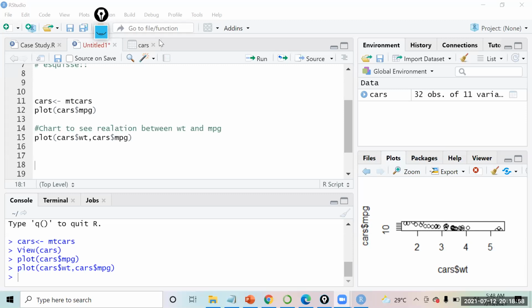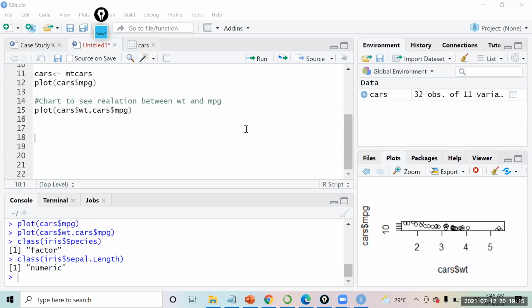Amit, how can we see only the names of the cars in the view, not in the plot? I want only the names of the cars. I think you told me, but I forgot.